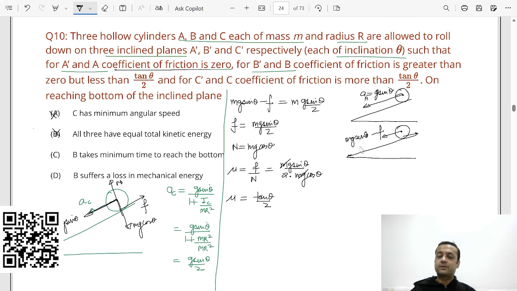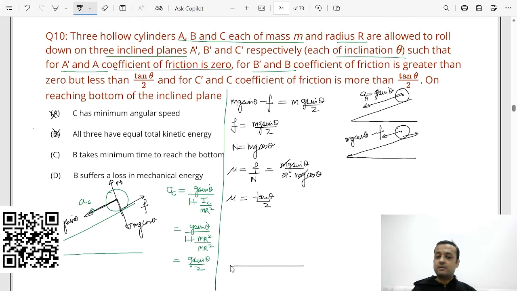Only mg was acting. In body B, friction is going to eat away the energy. This is sliding friction, so the work done by friction will be lost as heat. Basically, in situation B, the kinetic energy of the body will be minimum. Now, in situation C, if I talk about it,